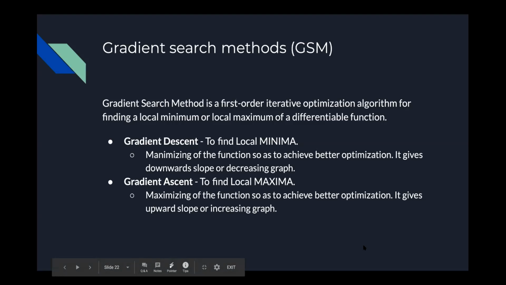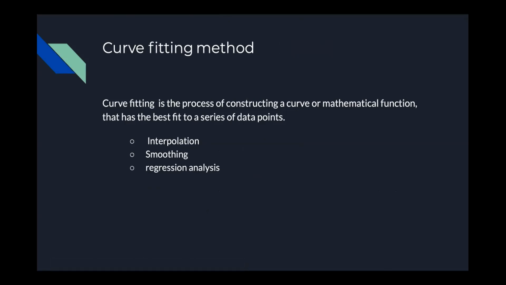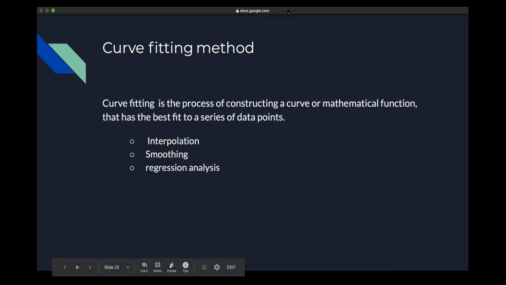From the name we can see gradient descent searches for a local minimum. It gives you the value of the local minimum. What it does is, if we are at a point A, it will search for the steepest slope in the decreasing direction, and it will move to that point. Doing this, finally it will reach a minimum and give the value of that minimum. Similarly, in the gradient ascent method, instead of going towards the minimum slope, we go towards the maximum slope, eventually reaching the peak or valley, whatever we need. And the second one is the curve fitting method.